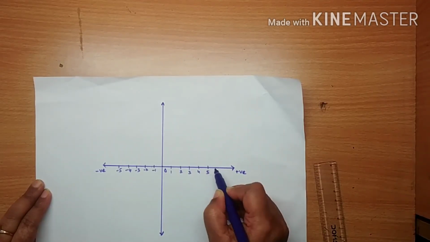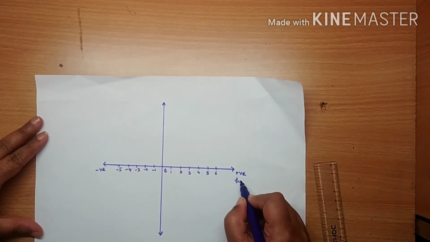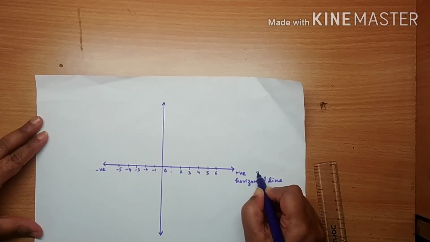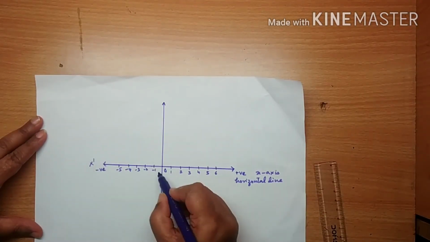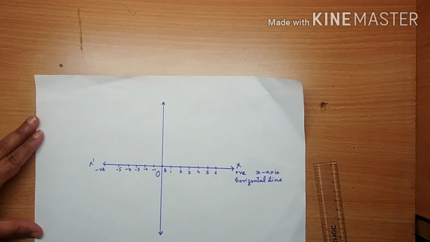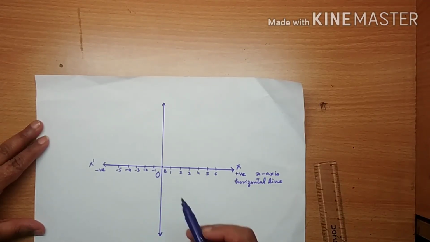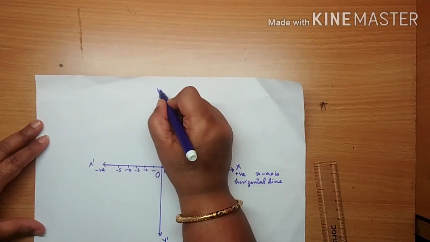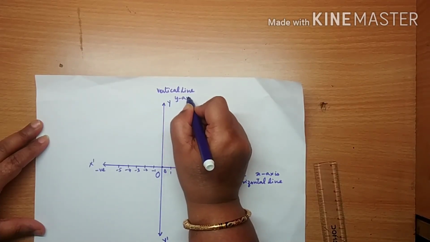And here we have positive. So what he did, he made two number lines intersect. The horizontal line, this horizontal line he called as x-axis. X-axis, the name given to this is x-axis. If I denote this x dash, O, and this is x, the point of intersection of the two axes, they meet at 0 and we denote it as O. Y, O, Y dash. This is vertical line, and we call this vertical line as y-axis.